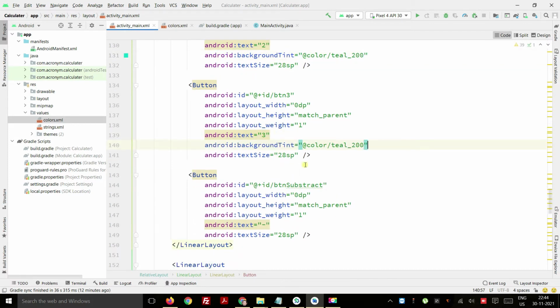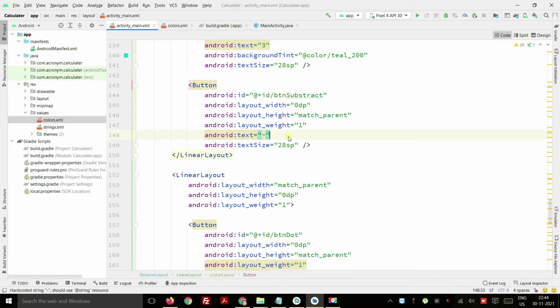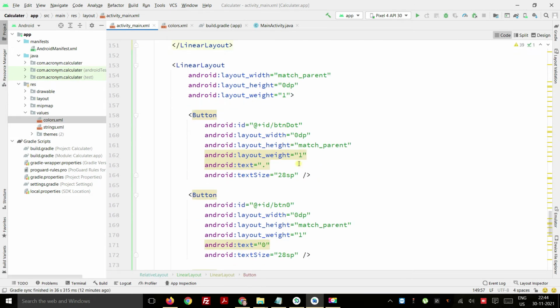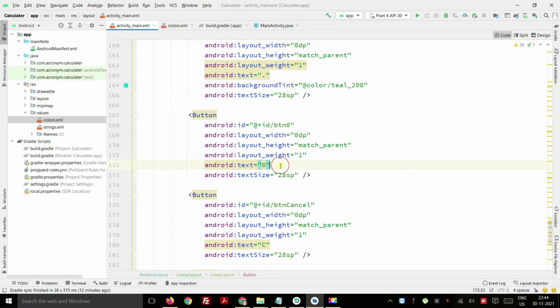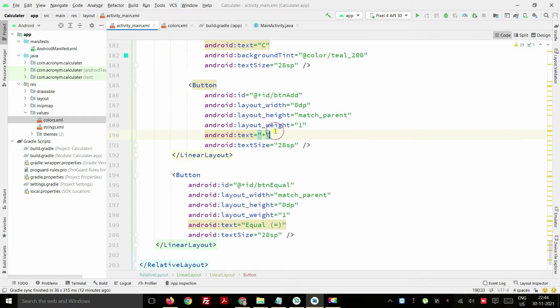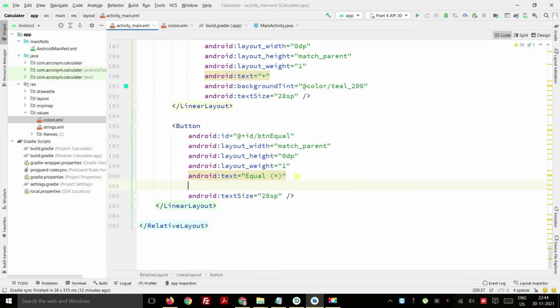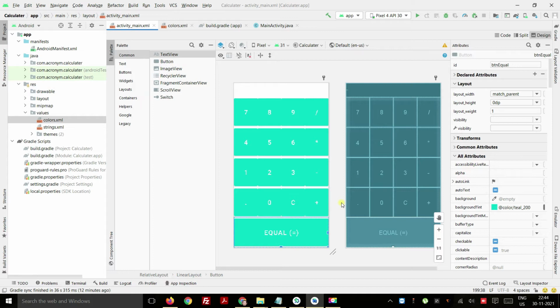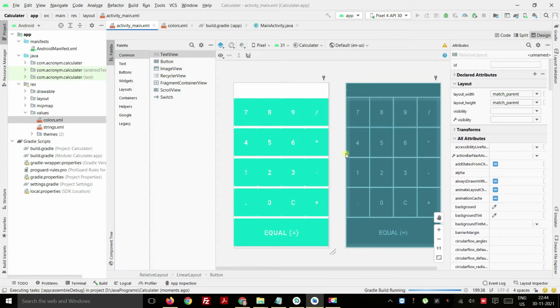You have to do it fast. So once it is closed, okay, done, and then we are on this page. You can add it into any line, that's not a big issue. After this, we are going to use our main thing where we are going to do the calculation. So now you can see how our application looks. If you want to run it, meanwhile the application is running, we will see how it actually looks. Once we see how exactly it looks, then we can get to know.